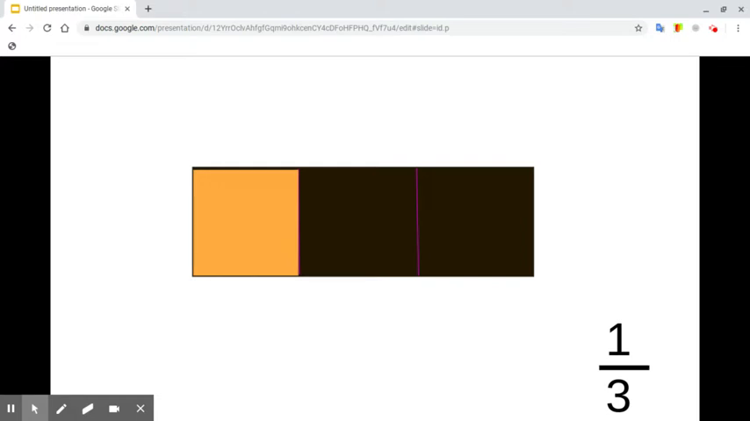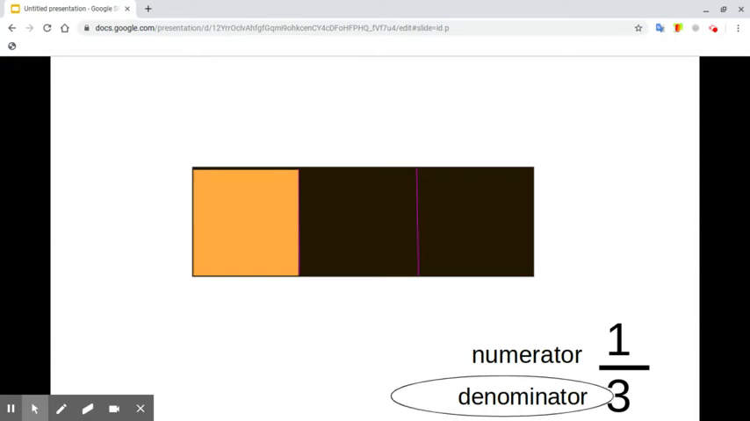Let's start by talking denominator and numerator. The denominator is how many equal parts are in the whole. The numerator is how many parts were taken away from the whole, shaded, or in any way gone. So let's see. If we have the denominator, which is 3,